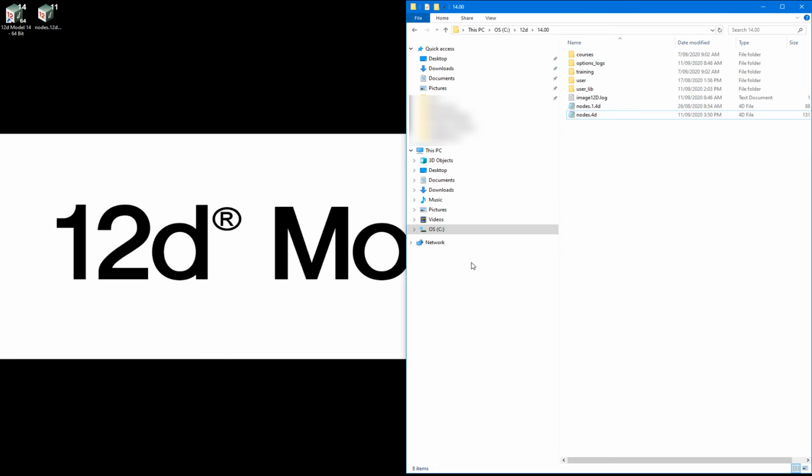More relevant for larger organizations, it is common to have this nodes.4d file stored and accessed from a central server location, so that every 12D model user does not need to manually update the nodes file on their workstation when a new one is generated. Instead, this is done once and then shared between users. We will cover the required setup for this particular situation later in this video series when discussing the environment configurations, or